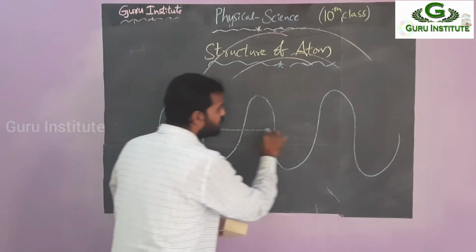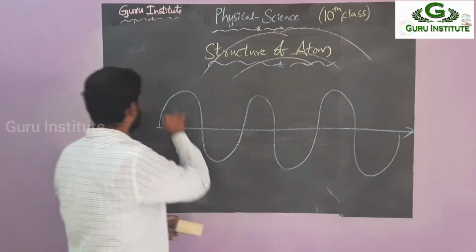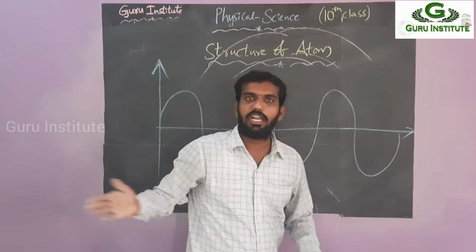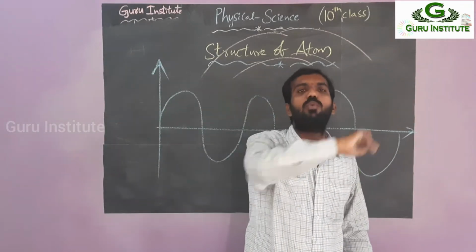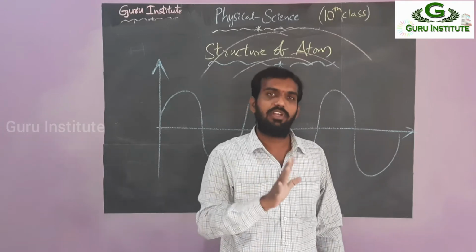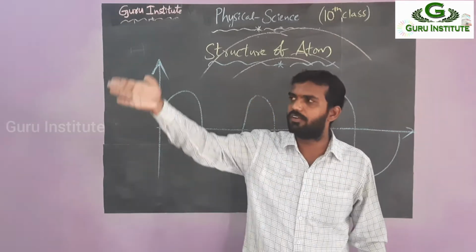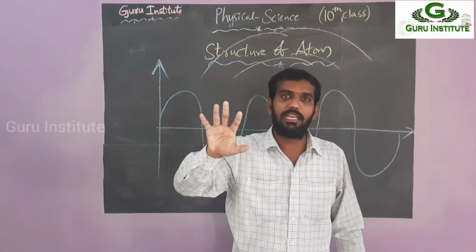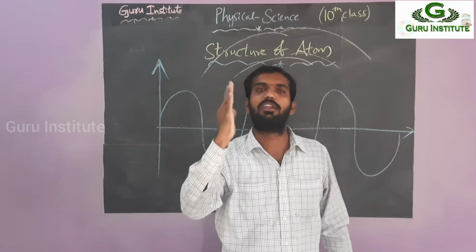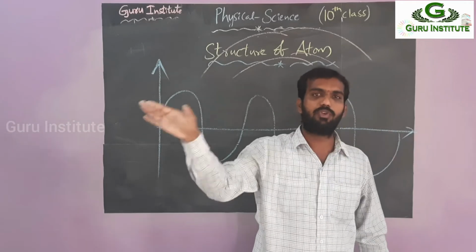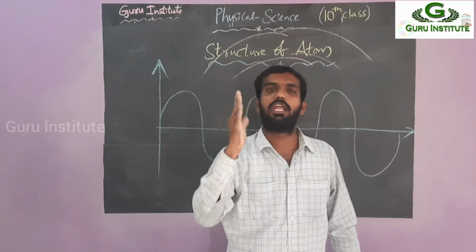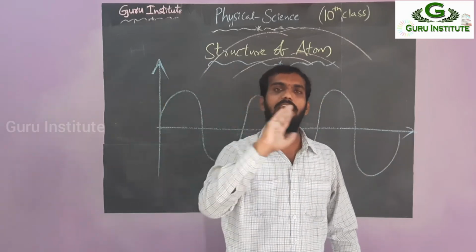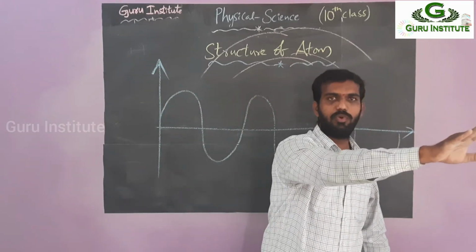Then at this one, it is flowing in the form of waves. Whenever an electric charge wave is there, whenever electricity is there, automatically there is a production of magnetic field. When an electric field is there, perpendicular to this field a magnetic field is generated like this. Suppose the electric field is left to right, the magnetic field is front and back.